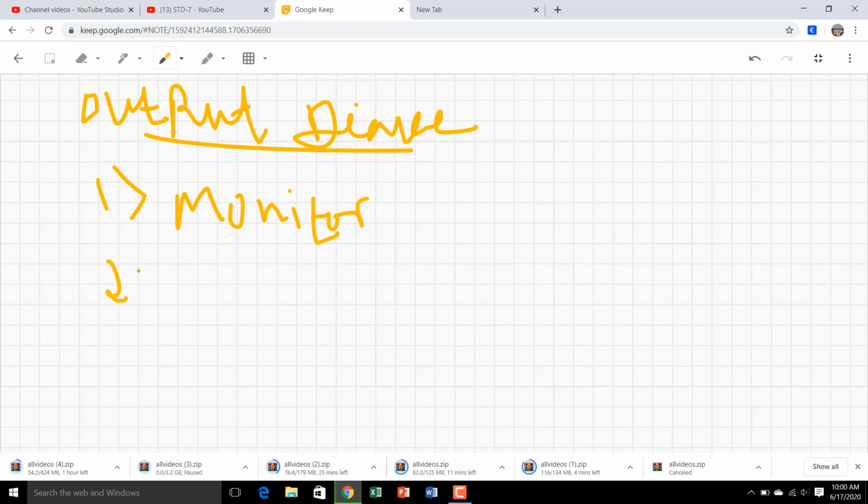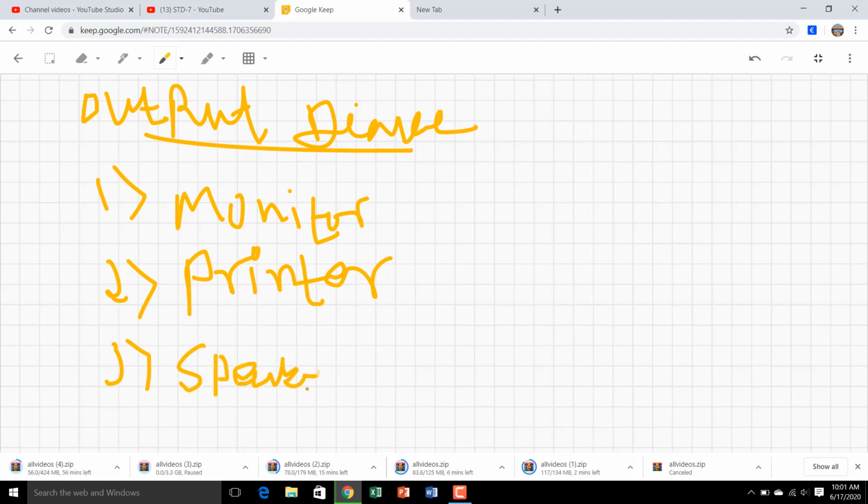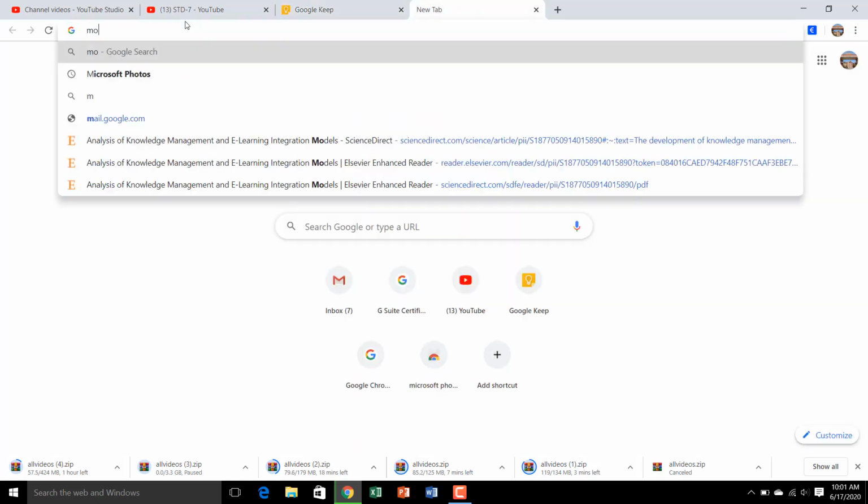The second one is a printer. The third one is speakers, and many others. So these are basically the output devices. We will see different images for our output devices and what the work of each particular output device is. Now we will see the monitor.